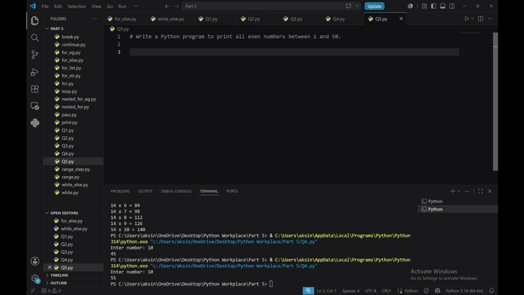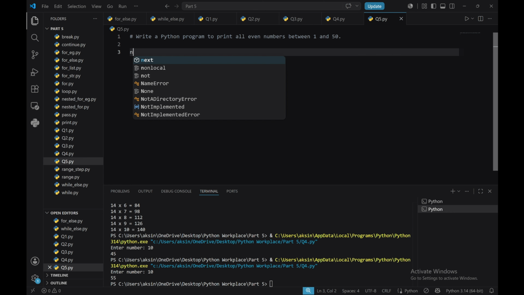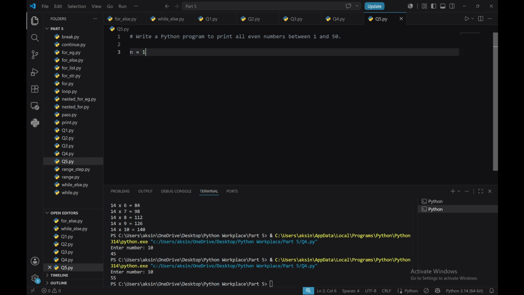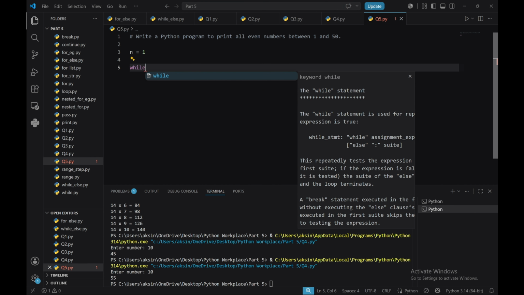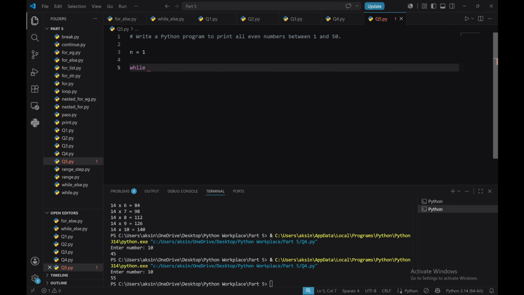So we will take n equals 1, while n is less than or equal to 50, then